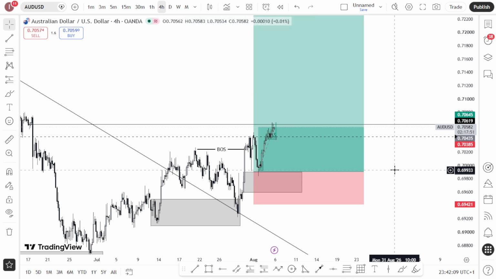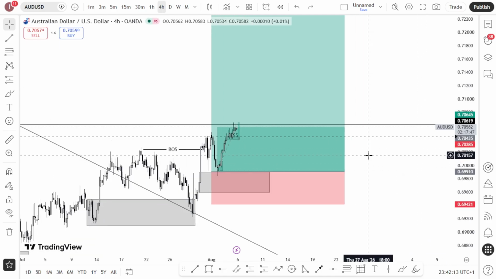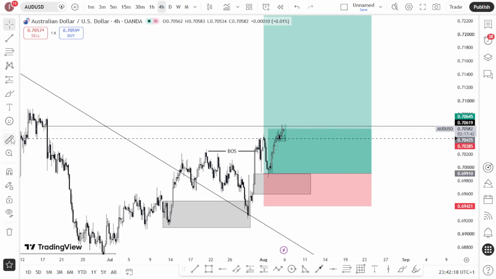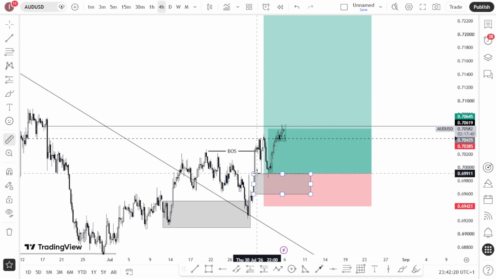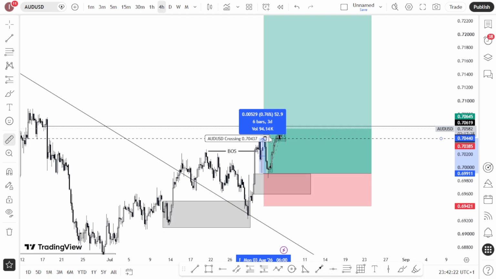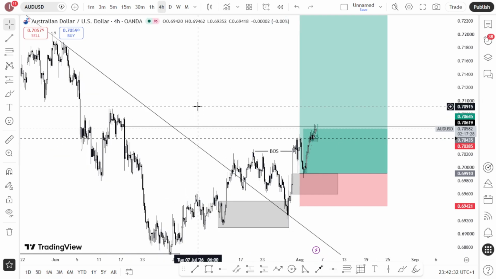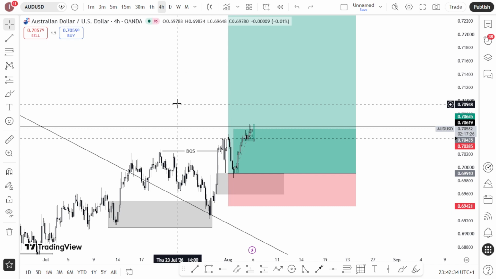I'm currently in this trade on AUDUSD, and as you can see on my screen, I'm up about how many pips now? I'm up about 72 pips. So it's actually a swing trade, and I dropped this setup on my Telegram channel